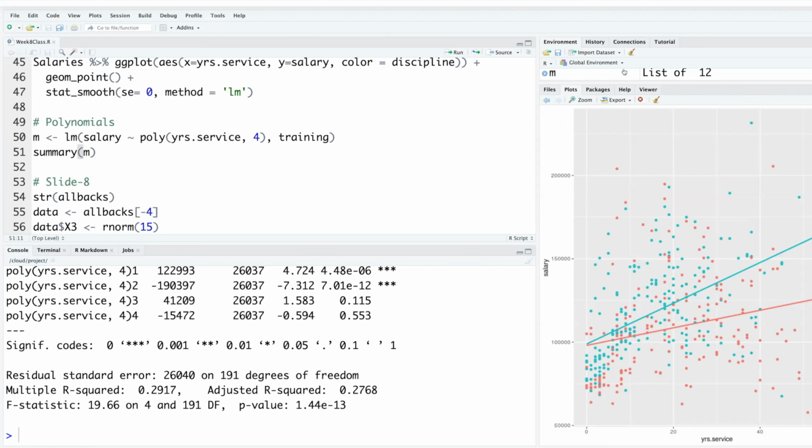Before going there, because there were some questions regarding interaction. The interaction is not between A level of discipline and B level of discipline. We say the interaction is between discipline and years in service if and only if at different levels of discipline the relation between salary and years of service are different. Then we say there is an interaction between variable discipline and years of service. If at different levels the impact is different, as you can see from the lines, then only we say there is an interaction.